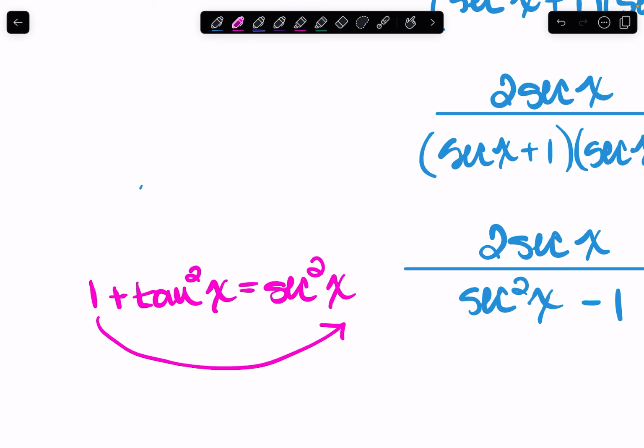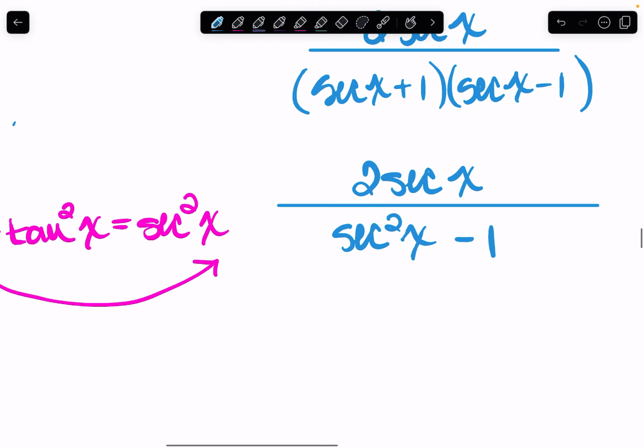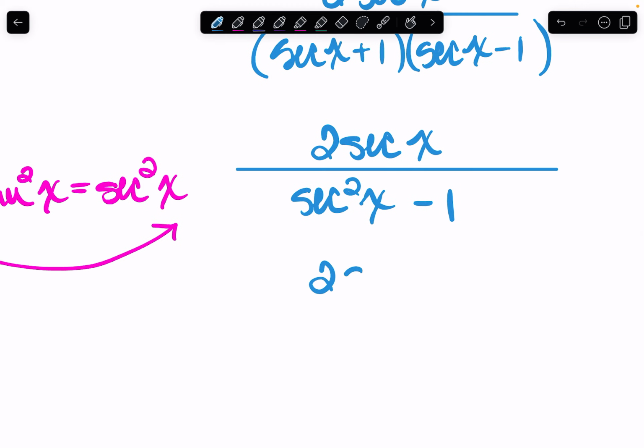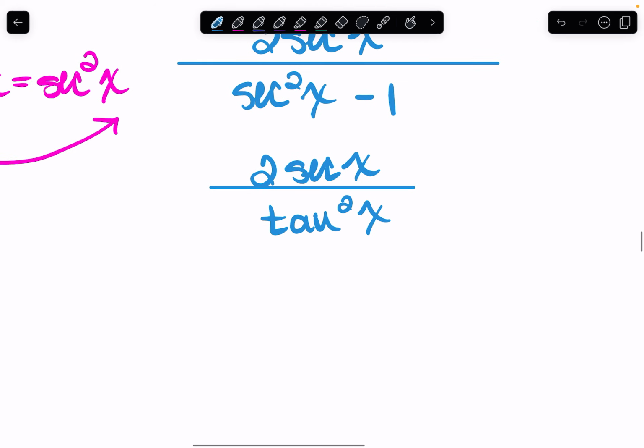So if we move that 1 to the other side, we can use this baby PID right here. So secant squared of x minus 1 is tangent squared. So we've got 2 secant x over tangent squared of x. So tangent squared in the denominator, we can think about that. I'm going to scoochie it to the side as 1 over